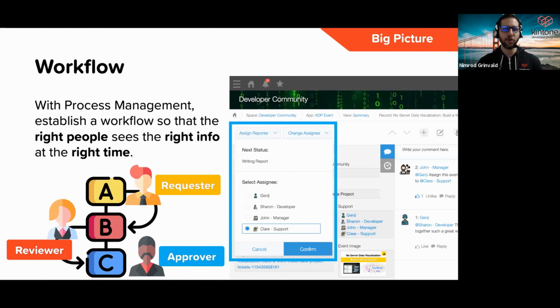Another thing that you can do with Kintone is you can establish a workflow. So we're going to create something called an app. You can imagine an app as like a table in a database or a spreadsheet in a workbook, but what we're really talking about is processes. We're talking about workflows, stuff that a business person tracks. I track expense reports. I track help desk tickets. I track whatever it is, and to make sure that as an item gets tracked through a workflow, the right people are seeing it at the right time, and that you can branch that workflow appropriately. That's a key